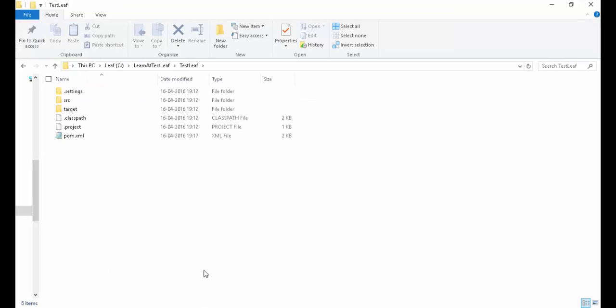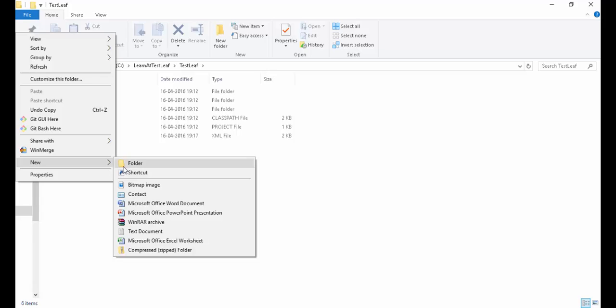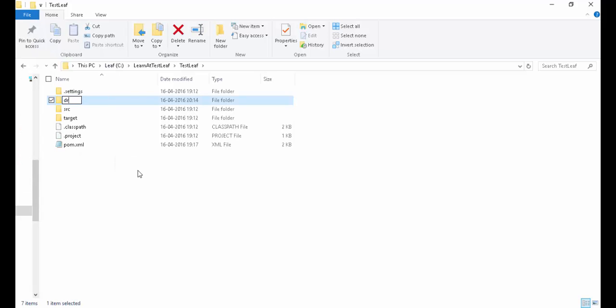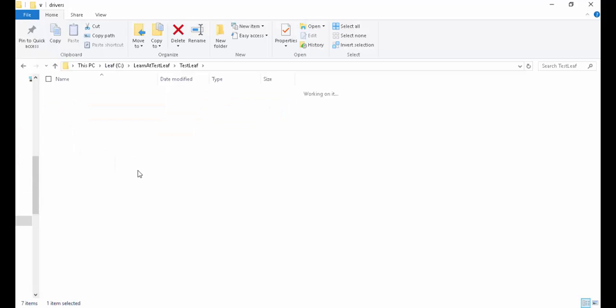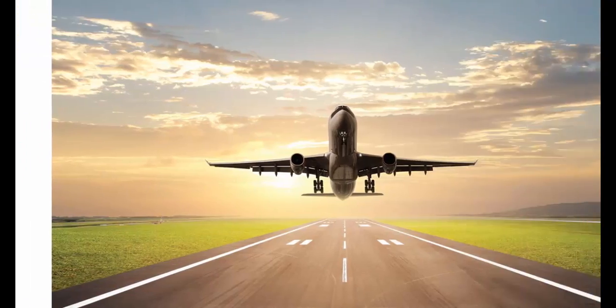In our scenario, we had a folder called Learn at TestLeaf and we created a project called TestLeaf. In this placeholder, I will create a new folder called drivers and copy all the required drivers here. We can download the latest Chrome driver from the internet and place it here. Now,